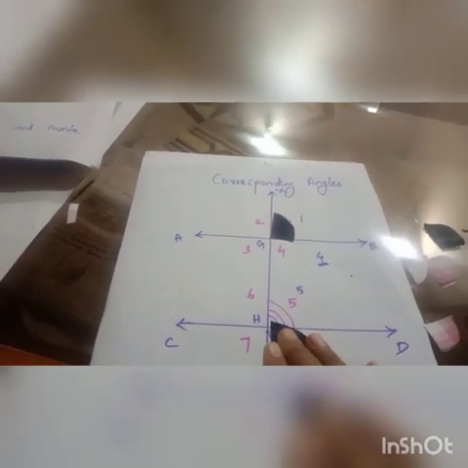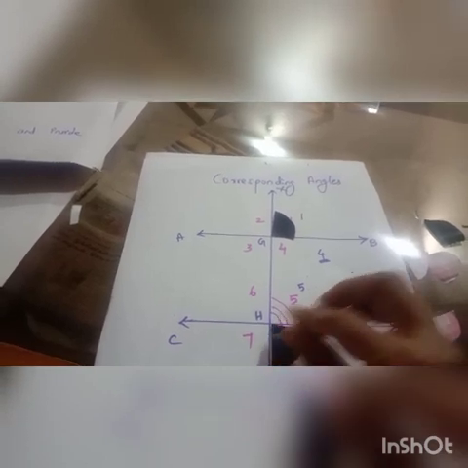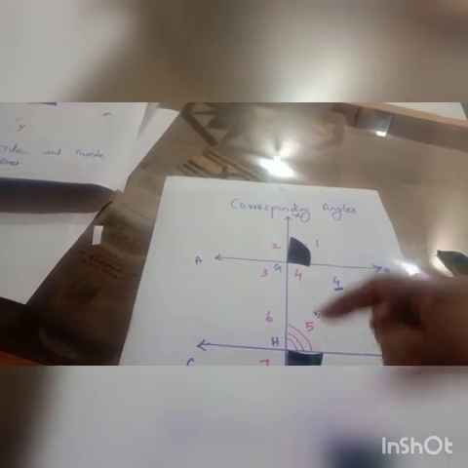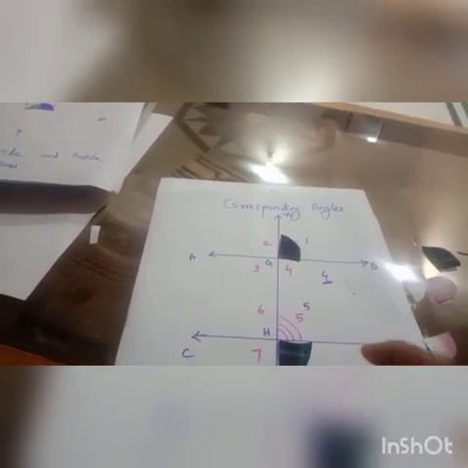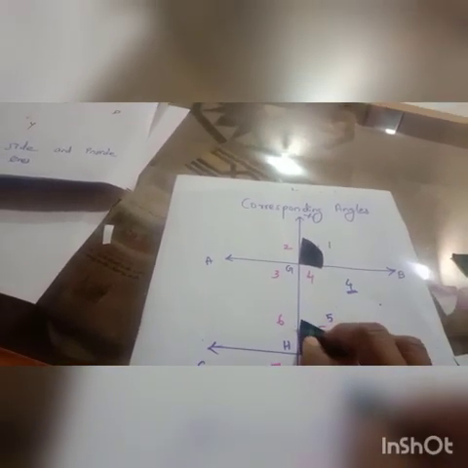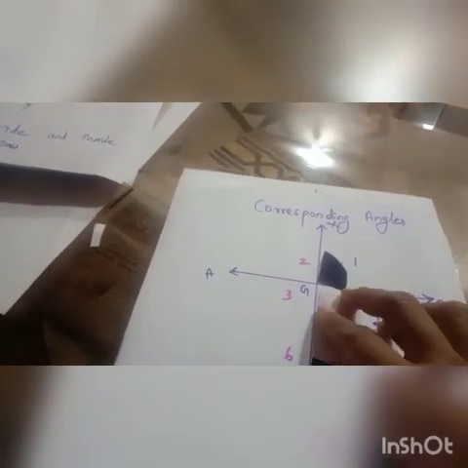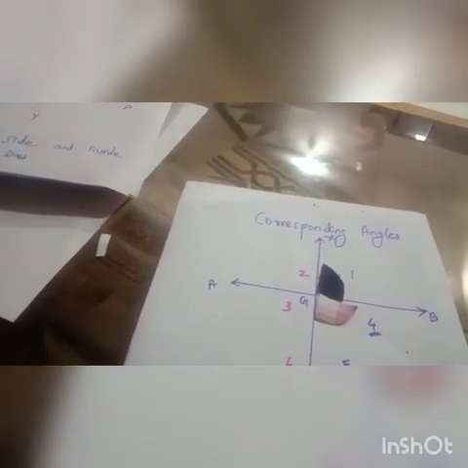If I say this is, you can say, miss, it is the corresponding angle. Is it correct? No, it is not correct. It is on the same side, but the position is different. Here it is above and here it is below. So it is wrong. It is not a corresponding angle. In the lines AB and CD, the one above is a corresponding angle. The same side below, you see here.